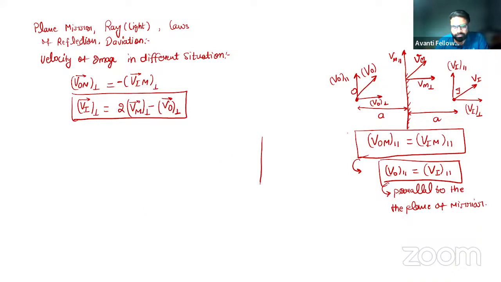Now if I give you a question in this, let's say this mirror is moving with velocity 10 meter per second at an angle of 60 degree. Okay. And this object is also moving. Object velocity is also given to you. Object velocity is 5 meter per second, and the angle is from the horizontal. The object is moving at a 30-degree angle, velocity of object is given 5 meter per second. Now, how to calculate